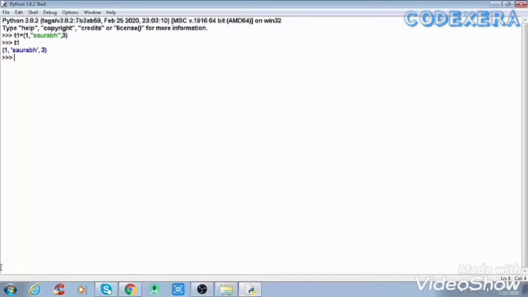in our output. If we want to know the type of the class, use the type keyword, and inside that use the element of which we want to know the class. So here it is class tuple type. If you want to create an empty tuple, you can also create that with empty parentheses. So after this we now know what a tuple is.